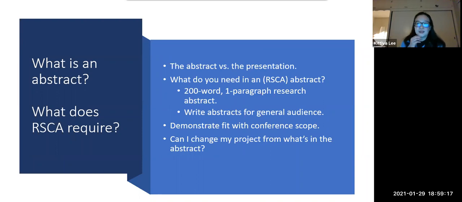That's typically not the case with RSCA, but that is certainly the case with Significations, right? They will be publishing the abstract. So think about writing it sort of for posterity, right? People are going to be referring to this later to remember what it was that Jerry was talking about at